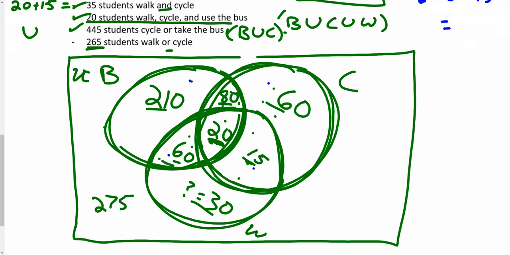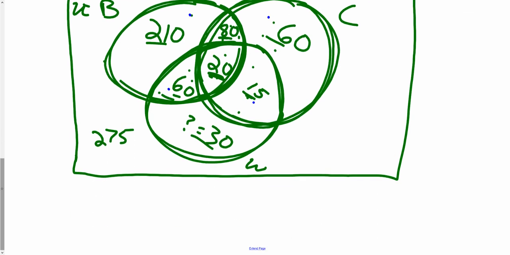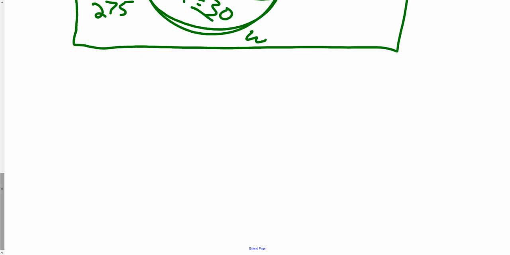Because if you notice, like this 450 students, that was counted twice. So I counted a lot of stuff twice, maybe even 3 times. So the formula for this one is a little more complicated. Well, not even so much more complicated, just a little bit longer. So, the formula for this one is, if you want to know the number for the entire union, I won't use a specific one, the number for any 3-ring diagram,